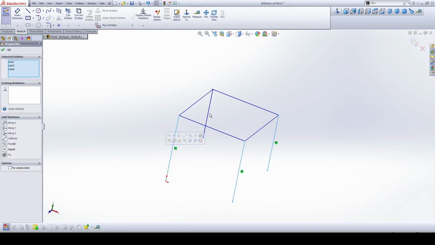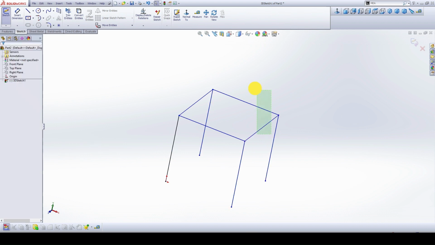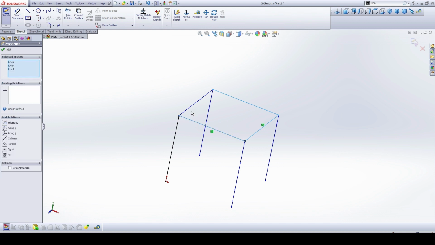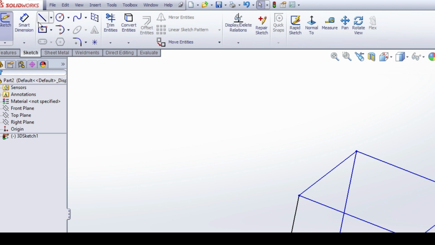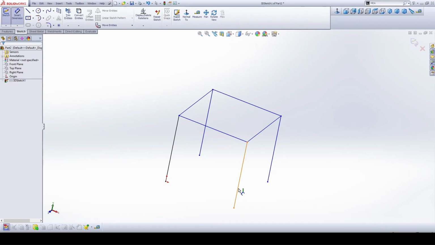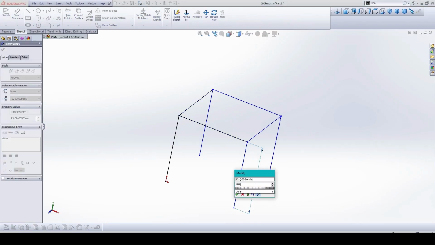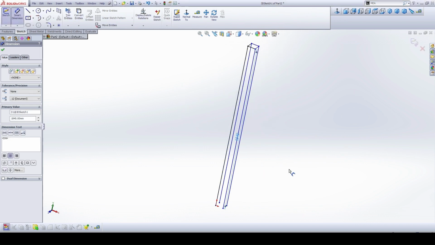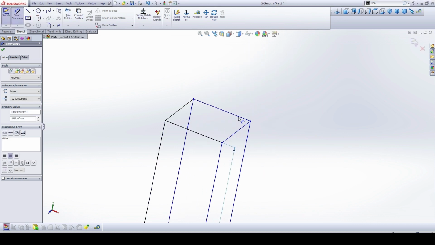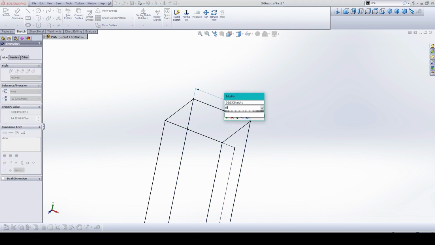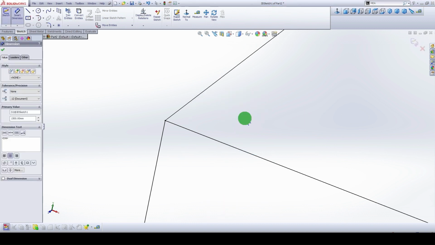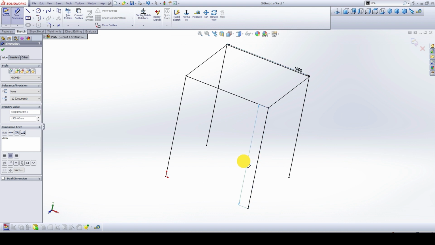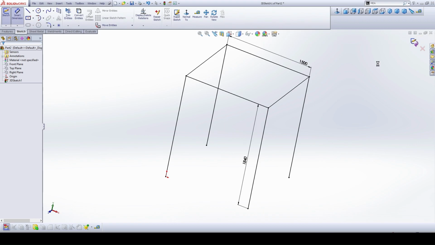Then select all the four lines to be equal, the top four lines to be equal, because our platform is 1.5 meter square, so we go with the equal, all to be equal size, and this height to be 1840 from base plate to the top of this, and this to be 1.5 meter. Okay, this we have set. Then close the sketch